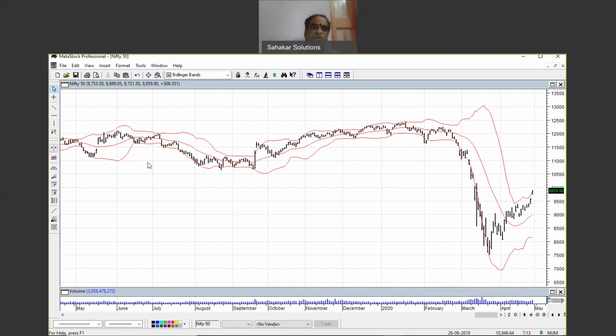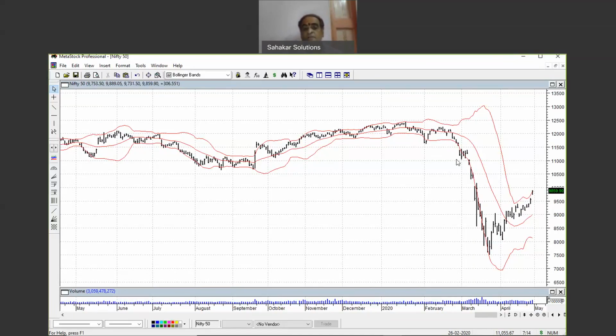Second point, when the size of the bands shrink, they come close. You can see here the width. The width of the bands have come closer. They have become short and shrink. So the shrinkage in width of the bands will indicate a trend reversal, and that is more certain. You can see here, from here onwards, the price fell like anything. And again, the bands shrunk here and the price started moving up again. And again, the bands shrunk and the prices fell down. This is the second rule.